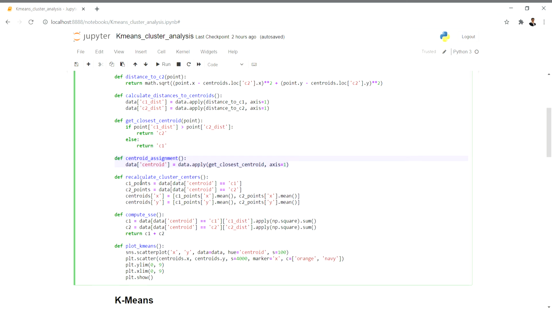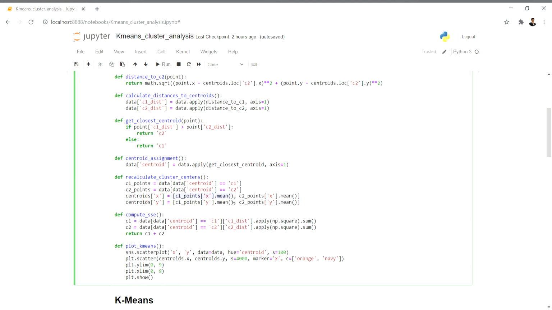And then we recalculate the cluster centers. After one iteration, we need to recalculate again, if you remember from the algorithm of k-means. We compare the centroid: if it is equal to C1, then C1 points, or if it is equal to C2, then C2 points. Then we put the centroids of X and centroids of Y. We calculate the average, the mean.